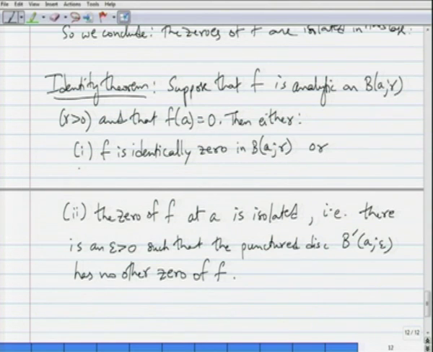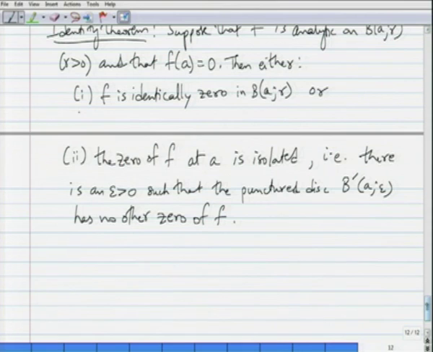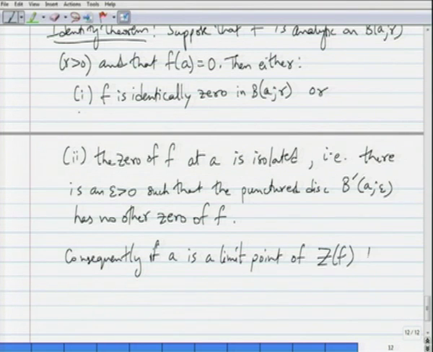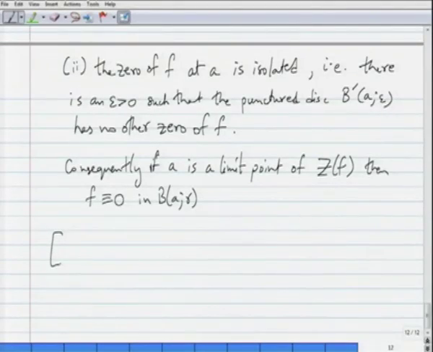Okay. So, as a consequence of this, what we can conclude is that consequently, if a is a limit point of Z of f, then f is identically 0 in B(a, R). So, I will briefly provide a proof of this consequence. What this says is that